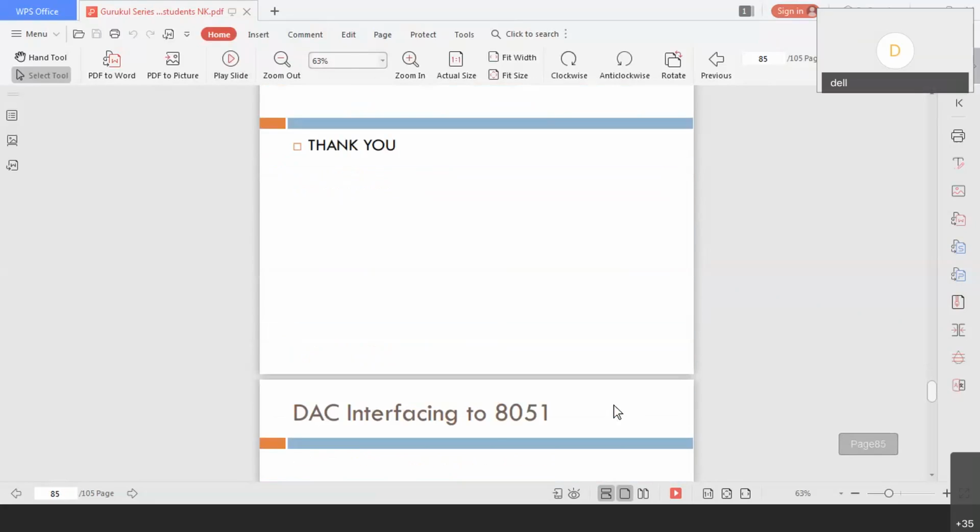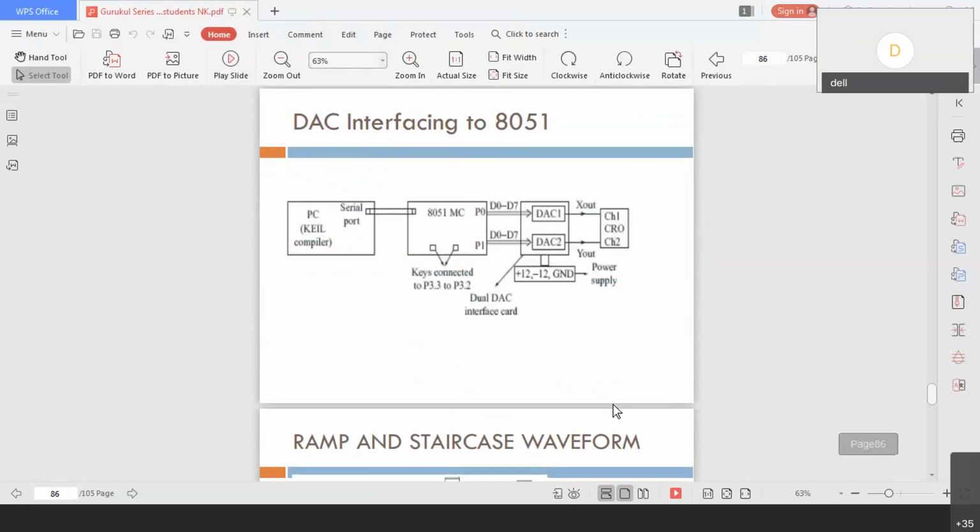Now coming to the interfacing part. Interfacing basically requires a microcontroller kit, a computer, and additional interfaces. The computer is required to write the program and dump it to the microcontroller kit as shown here.